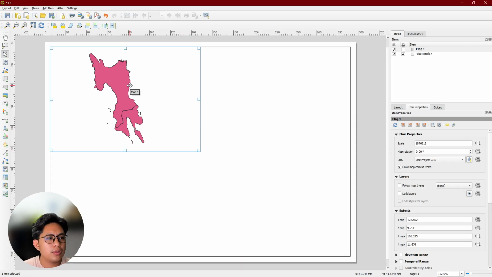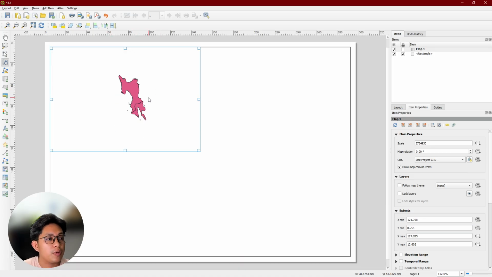So, sir, I want to edit the view I have inside of the map, level of zoom with the height. So you do that in your move item content here, just below your move item. If I select move item content and move my mouse over to this viewport, I can zoom my content now.